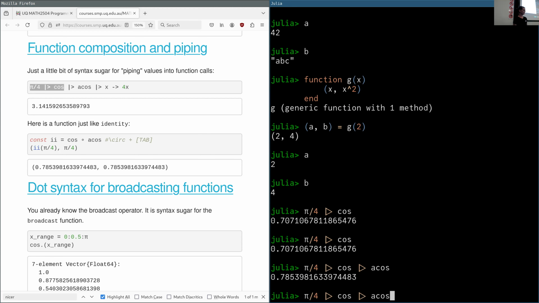Now, this is kind of a trivial example, but it comes up particularly often in data science work, where the thing you're piping through might be a whole data frame, a tabular data structure. And you might want to filter for every row which has some attributes, for instance. So you'd have my data, and then I'd pipe it into filter, and then the row has